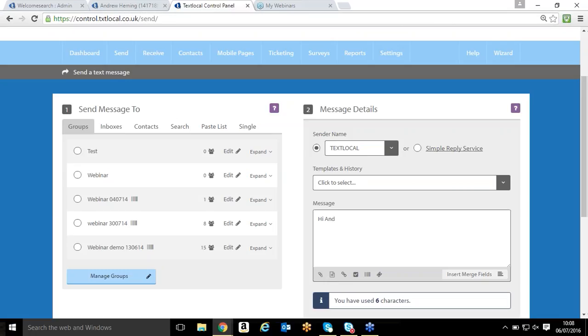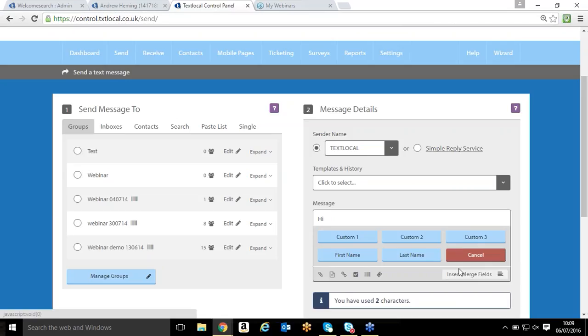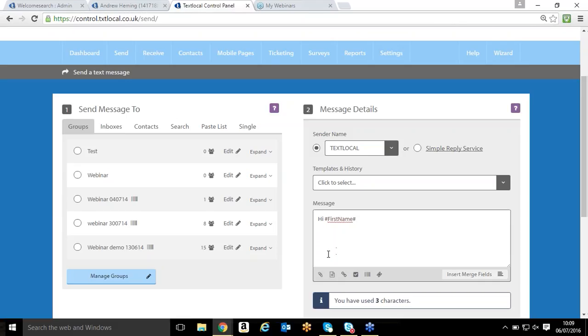Now, on the basis you are looking to use personalization, obviously that wouldn't be very good because not everybody's name in this group is Andy. So what we would actually do is revert to the bottom right-hand corner, hit the Insert Merge Fields button. If you cast your mind back to how we created our contact group, you'll relate to these headers now, and it's just a case of hitting a specific header, and what that will now do is do a hashtag lookup under how we've populated the data and change accordingly. You would then just fill out the rest of the content to help make the message make sense,